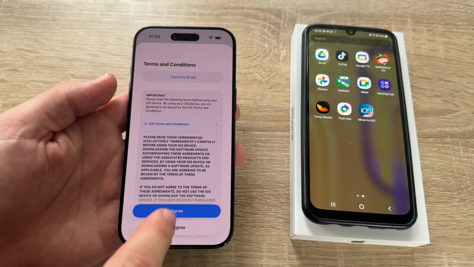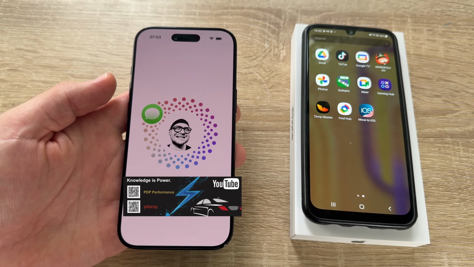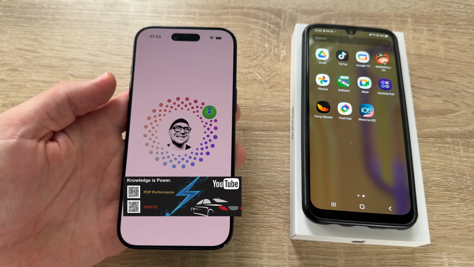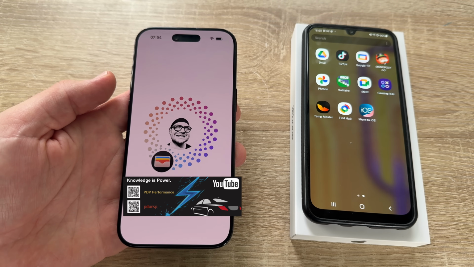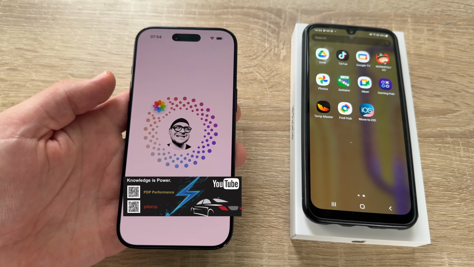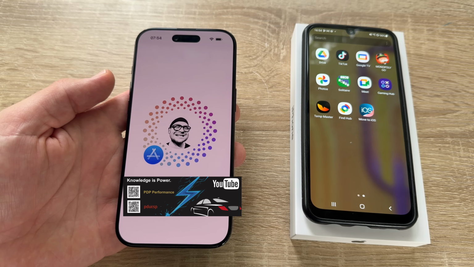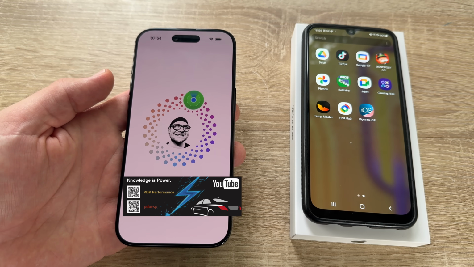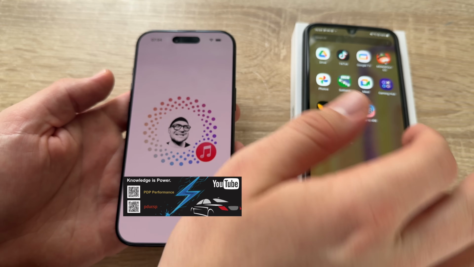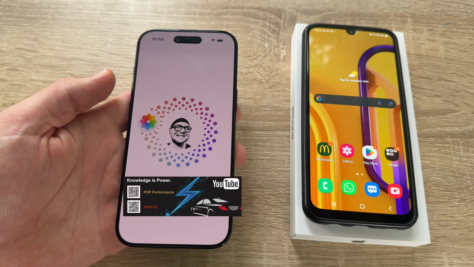And then, of course, we can agree to the terms and conditions and we are going to sign into our Apple account. If it is a brand new Apple account, this should not be such a long thing. But this is the same thing you perform on your Android phone. Okay?